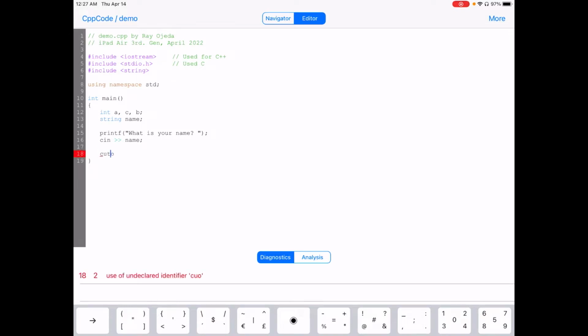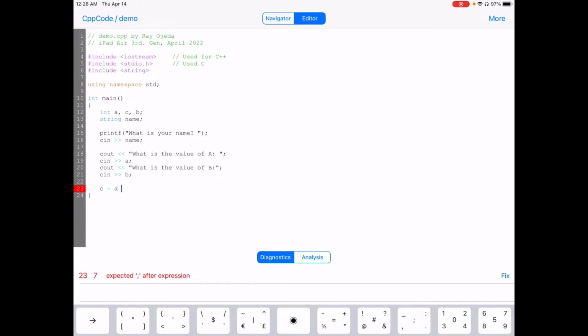I'm going to cout what is the value of a, and I'm going to send it to a. cout what is the value of b, and enter my data to be,